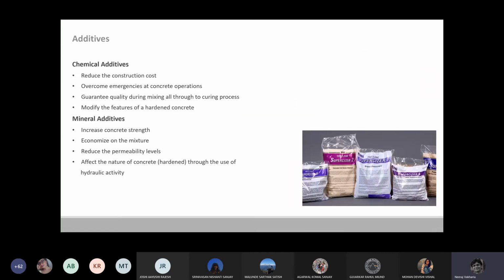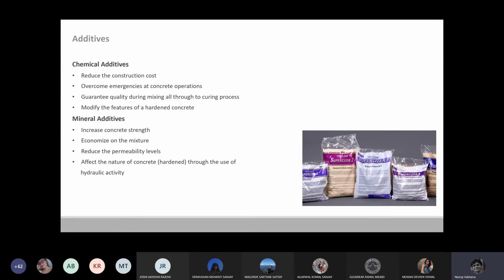Then comes the additives which we add. Additives are added to a water cement mixture to increase the life of concrete, or control the setting time, or hardening, and fix the general concrete behavior. They can be powdered or in liquid form. They can be used to increase the concrete strength, or whatever property we desire, we can achieve via these additives.